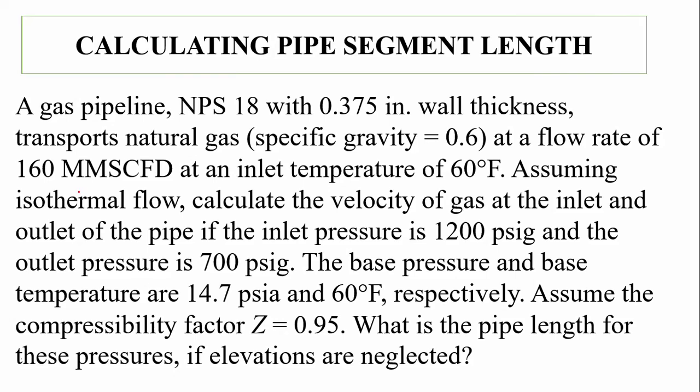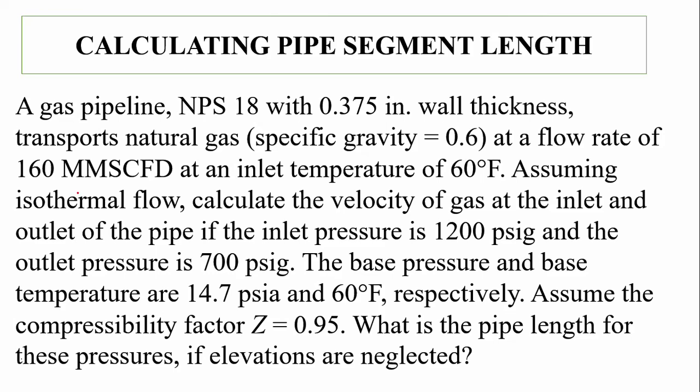A gas pipeline NPS 18 with 0.375 inch wall thickness transports natural gas of specific gravity 0.6 at a flow rate of 160 million standard cubic feet per day at an inlet temperature of 60 degrees Fahrenheit. Assuming isothermal flow,